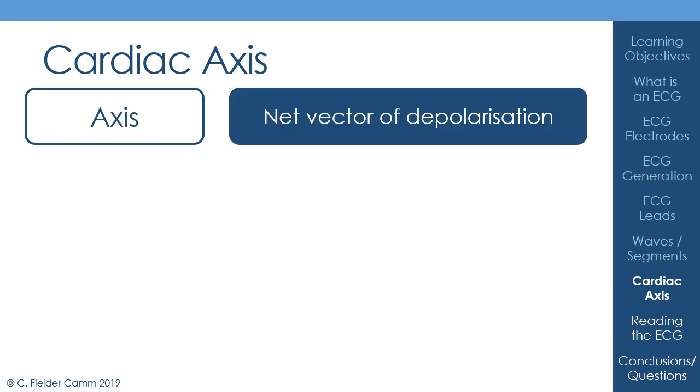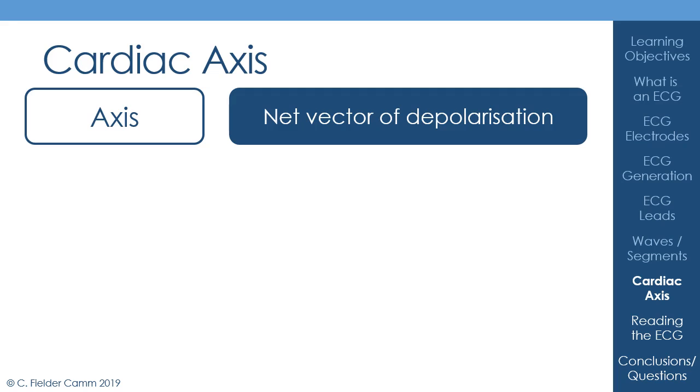Now, most people, when they talk about cardiac axis, think of it synonymously with the ventricular axis, so that's the direction in which the ventricles are depolarizing. And so really we need to talk about the QRS complex, because that represents ventricular depolarization. However, you can also talk about the atrial axis, so the direction the P waves are going in, or the axis of ventricular repolarization, so T waves. But I think it's sufficient for our purposes to think about cardiac axis being synonymous with the axis of